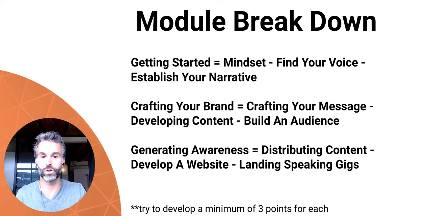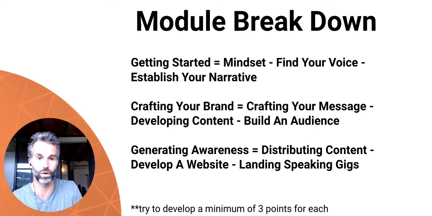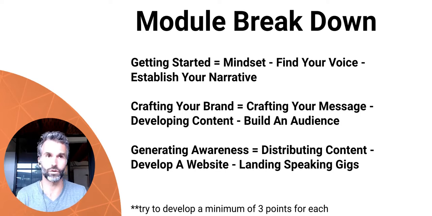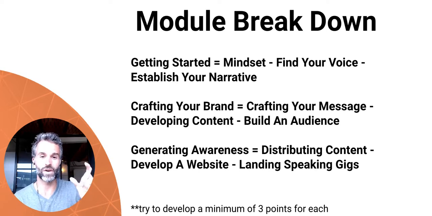So what I encourage you to do is come up with at least three points for each before, during, and after. If you were to really break down your topic, generally speaking, there's between 5 and 10 things for each section. But even at its simplest form, just do it this way. Just have three for before, for during, and for after.